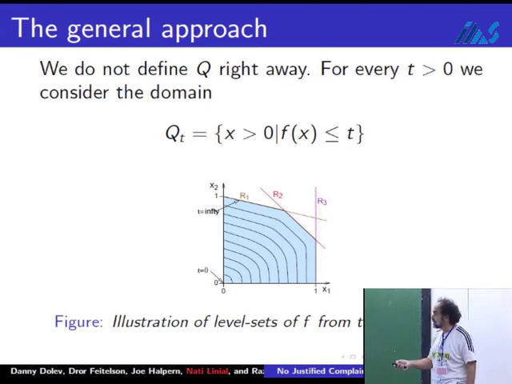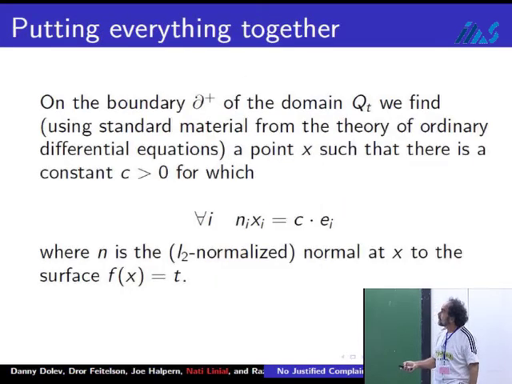Think of this picture this way. This polytope, or polygon in this case, is P. These are the QTs. And what I'm going to do now is solve this problem using standard stuff from ordinary differential equations for each QT, and then pass to the limit as t goes to infinity. So on each QT, what I'm going to do is seek